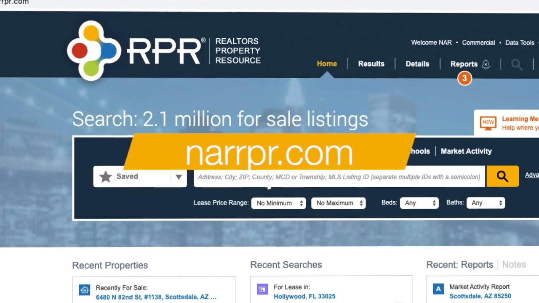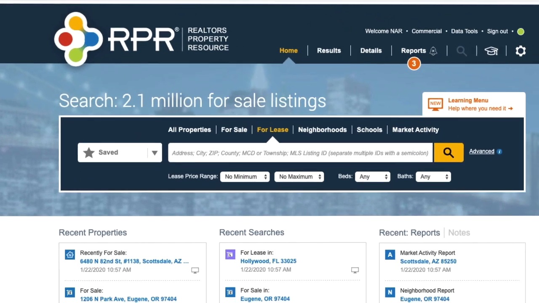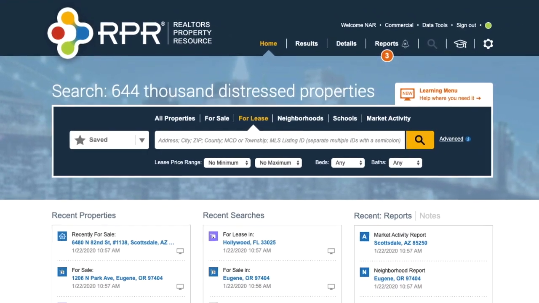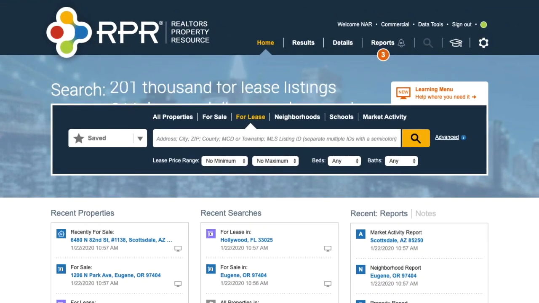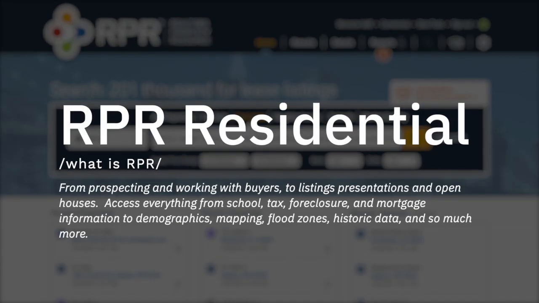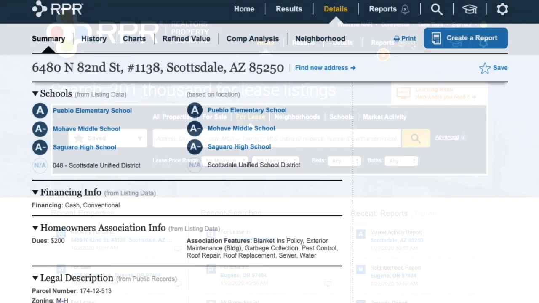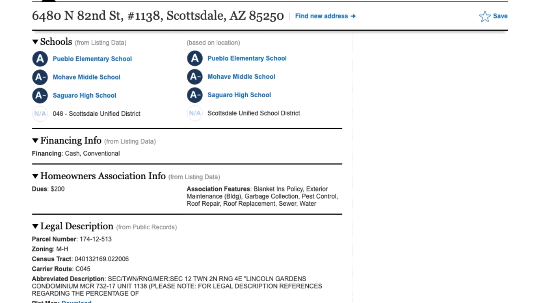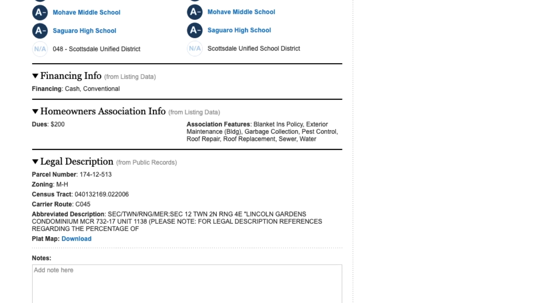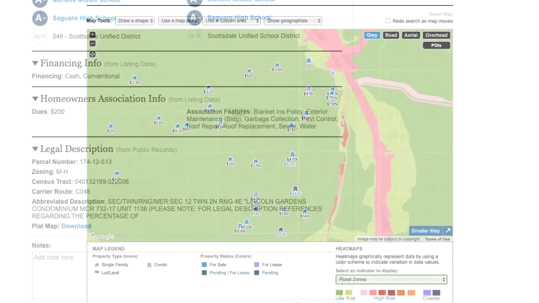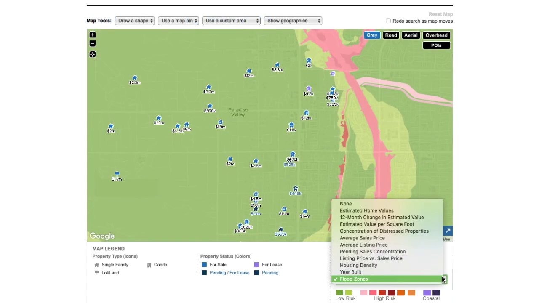Once inside RPR, you'll have access to both residential and commercial data, investment analysis, and reports. RPR Residential covers every corner of your real estate business, from prospecting and working with buyers to listing presentations and open houses. Quickly access everything from school, tax, foreclosure, and mortgage information to demographics, mapping, flood zones, historic data, and